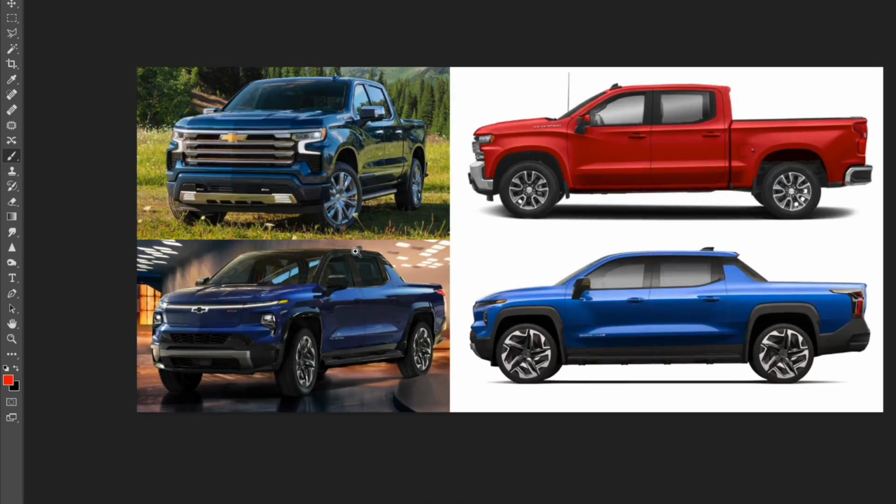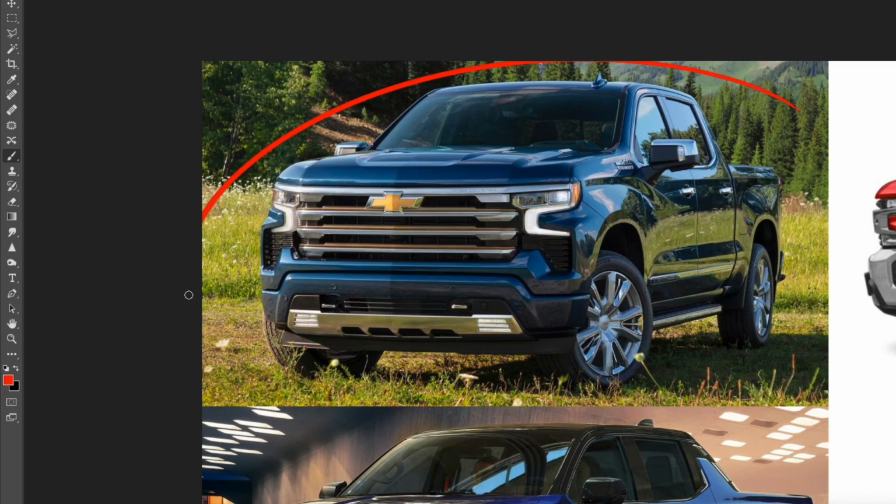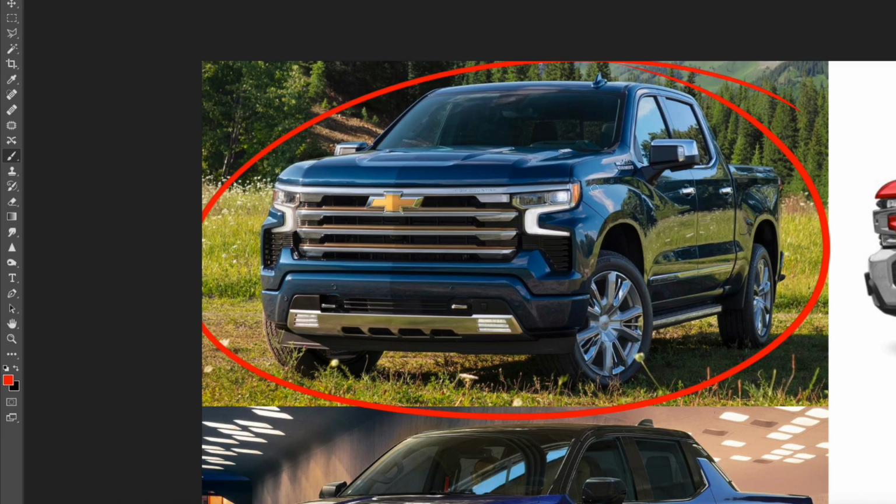Now let's have a look at the Silverado, because the changes here compared to the internal combustion engine Silverado are just massive. The change of philosophy of how Chevy designs a truck. So here up top we have the beautiful, I think this looks good, a lot better than the outgoing pre-facelift. This is the facelift of 2022, where we have the larger LEDs in the front end, which I think is a necessary change